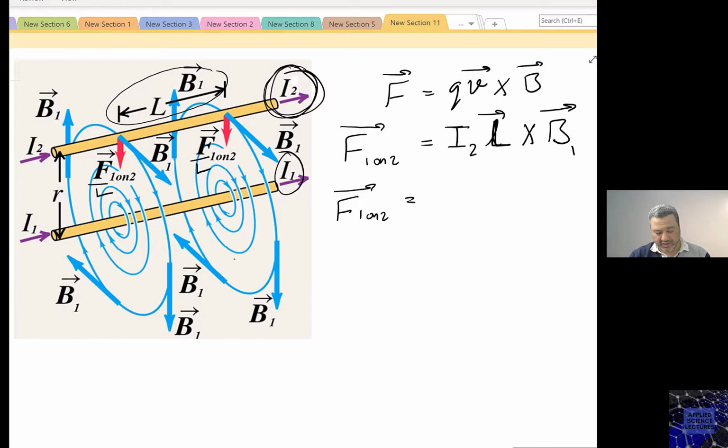let's assume that the direction of the I2 is going along the y-axis, and then x is this way and z is this way. So in this case, I2, which is basically here defined by the vector L, equals L j hat